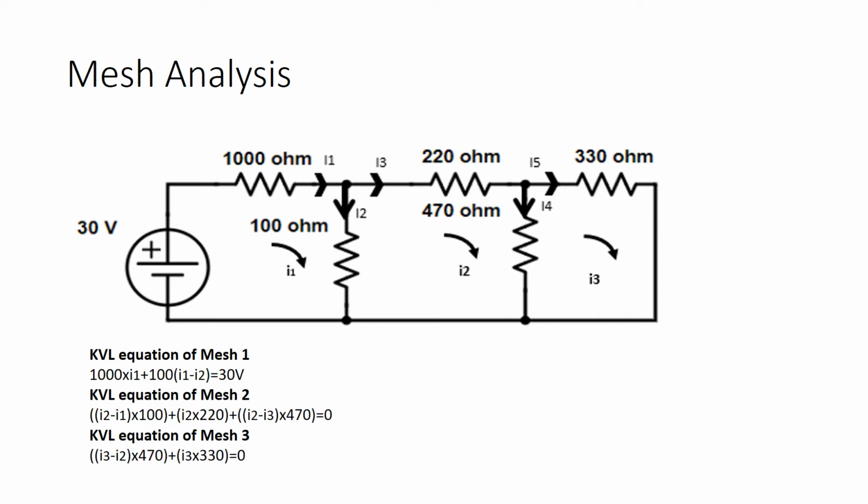So now we got three different equations. By solving these equations we can easily get i1, i2, i3, that is small i1, small i2, small i3, which are the mesh currents. From that we can easily get the branch currents using the formulas that we will see in the upcoming theoretical session.